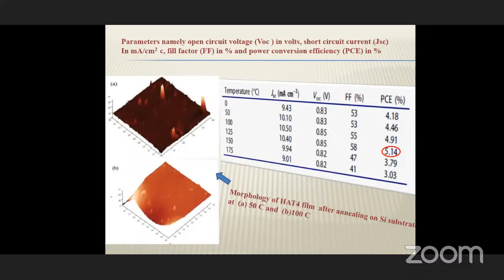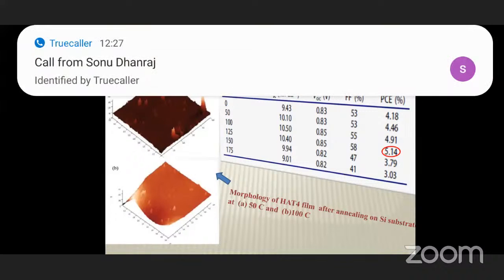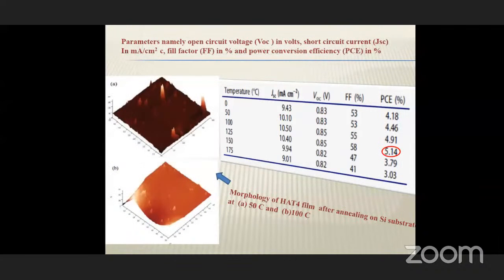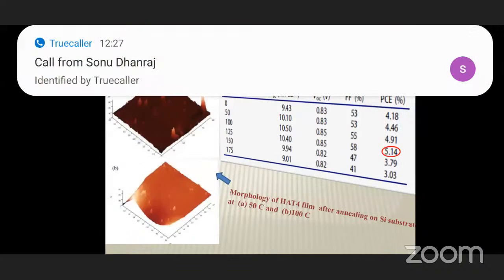Actually, at high temperature, HAT4 possesses a hexagonal mesophase, and the order of the column further improves, and therefore